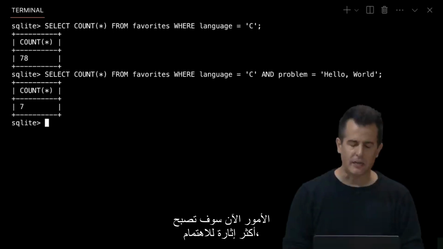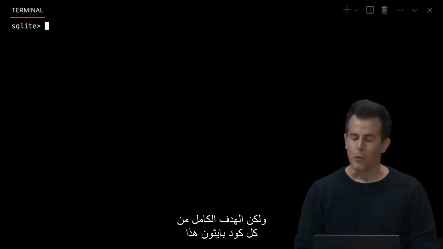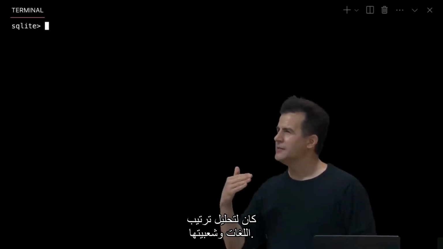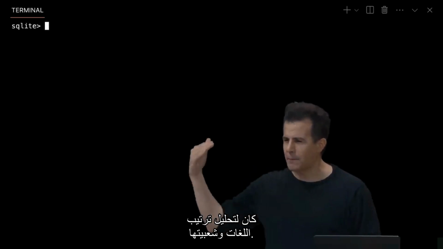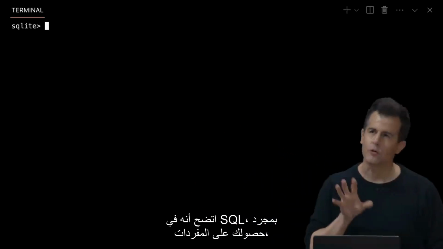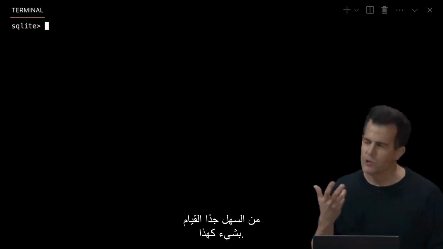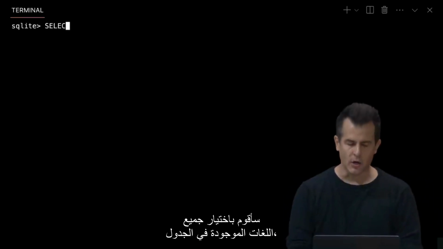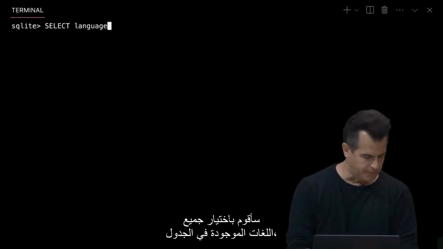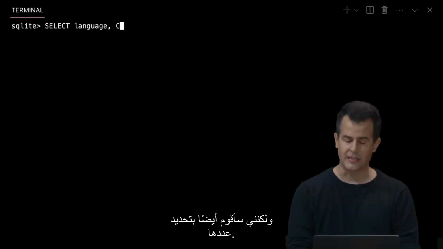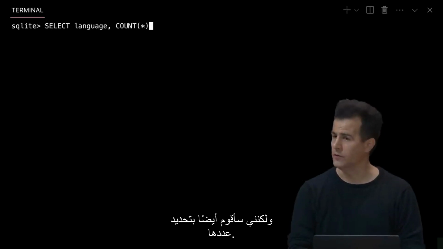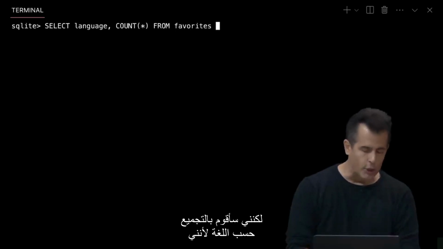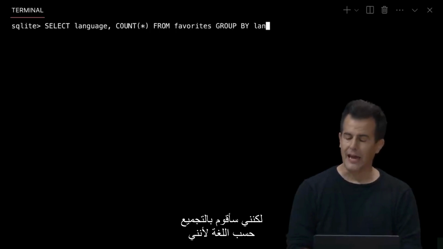All right, things are now going to get a little more interesting, but the whole goal of all of that Python code was to sort of analyze the ranking of languages and popularity thereof. Turns out in SQL, once you have the vocabulary, it's pretty easy to do something like that. I'm going to do this. I'm going to select all of the languages in the table, but I'm also going to select the count thereof. And then I'm going to do that from the favorites table, but I'm going to group by language, because I